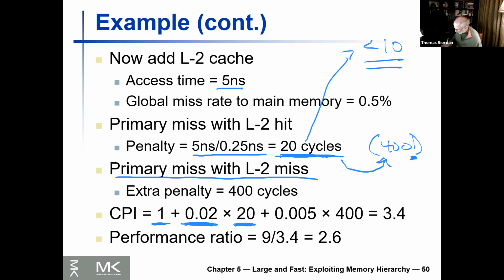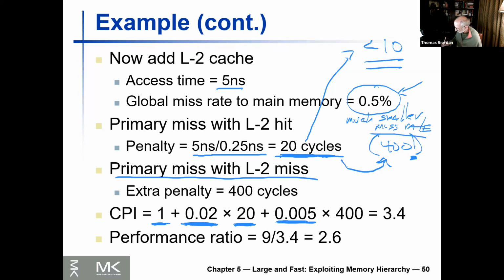And then we've got a much larger L2 cache. And with the much larger L2 cache, we have a much smaller miss rate